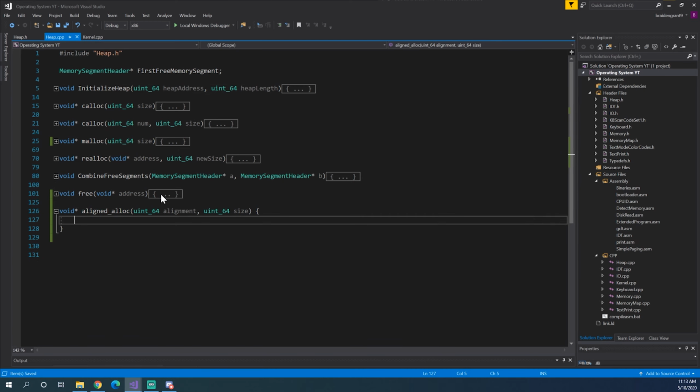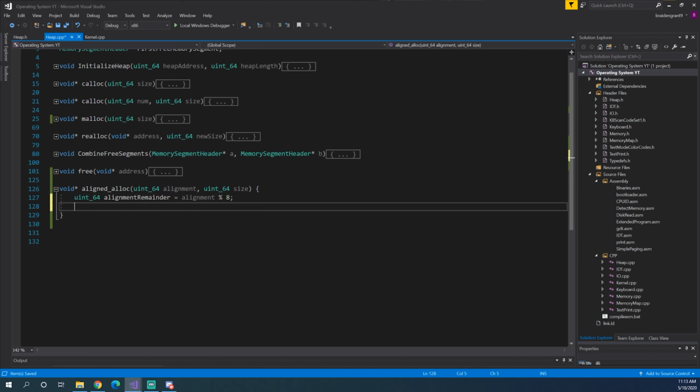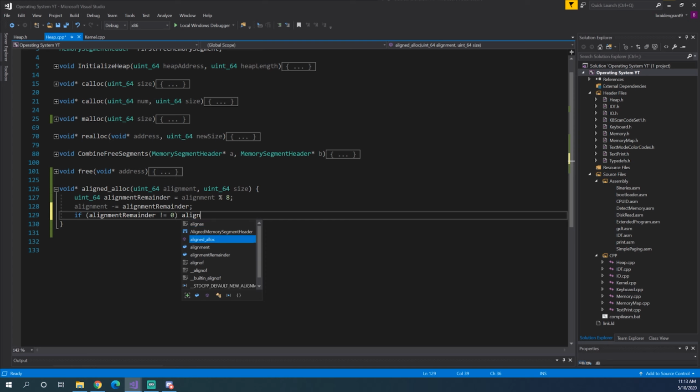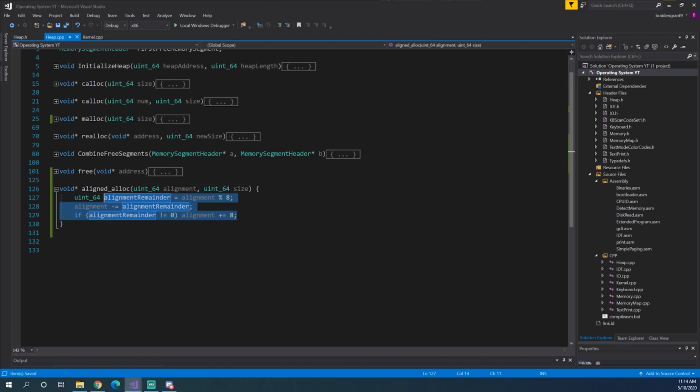Alright, so first we need to make sure everything is aligned to 8 bytes. So uint64 alignment remainder equals alignment modulo 8, alignment minus equals alignment remainder, I should say. If alignment remainder does not equal 0, alignment plus equal 8. And we need to do the same with size as well,